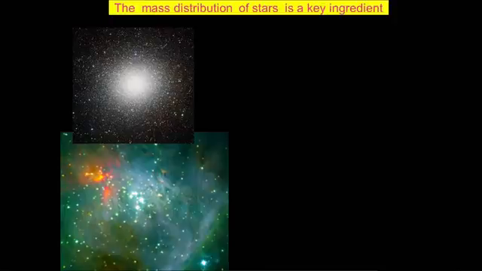Because these are stars like the sun, typically. We can infer what their masses are. And they're intensely clustered. This is what we call a globular star cluster. And this star cluster was formed roughly when the Milky Way was formed. And those stars there are billions and billions of years old.